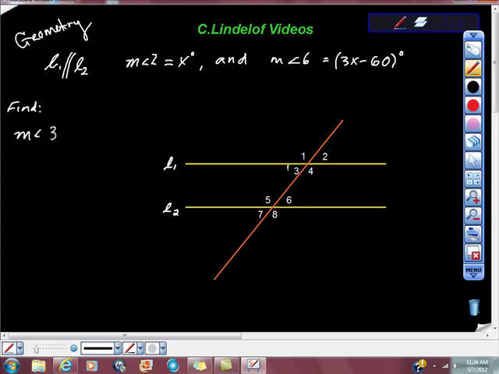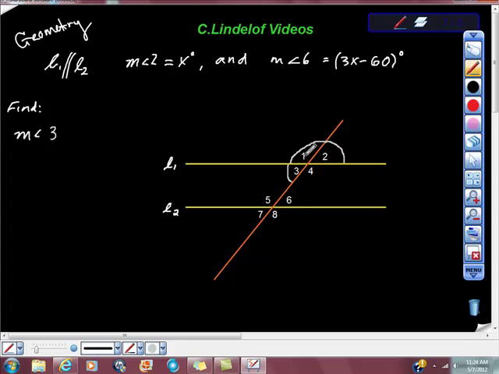So here's the measure of angle 3. Here's one thing that we could do here. We could use these as vertical angles here. How do you want to do that? No, I think I'm going to do this, because in the last problem we solved, we took this like this,